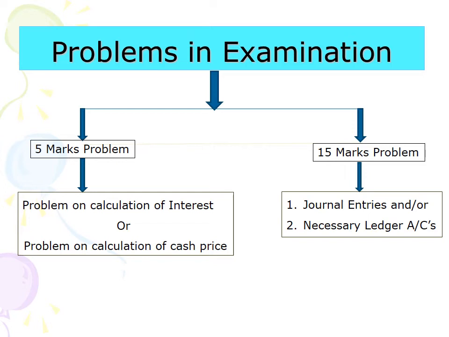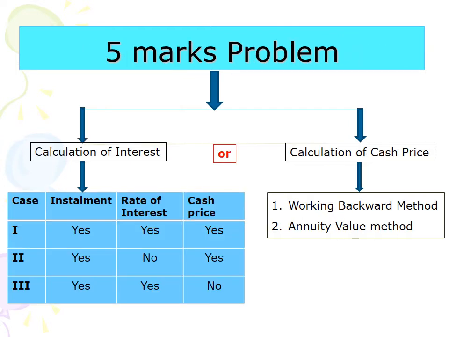So a 5 marks problem will be asked either on calculation of interest or on calculation of cash price. Now based on information given in the problem, there are 3 different cases or scenarios or methods for calculation of interest. The first case or scenario is,